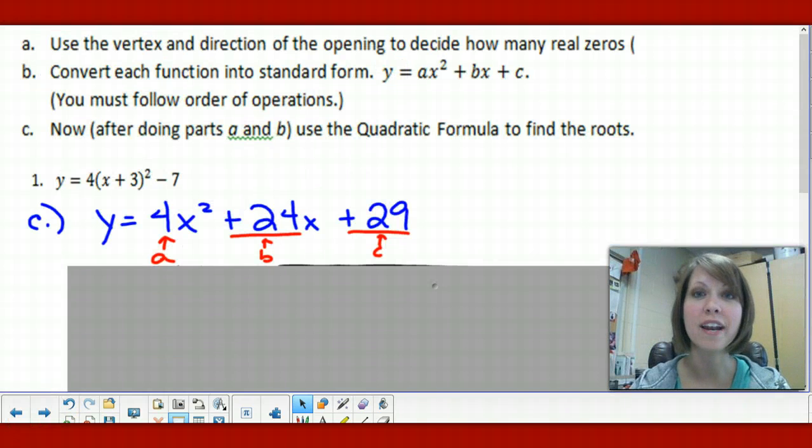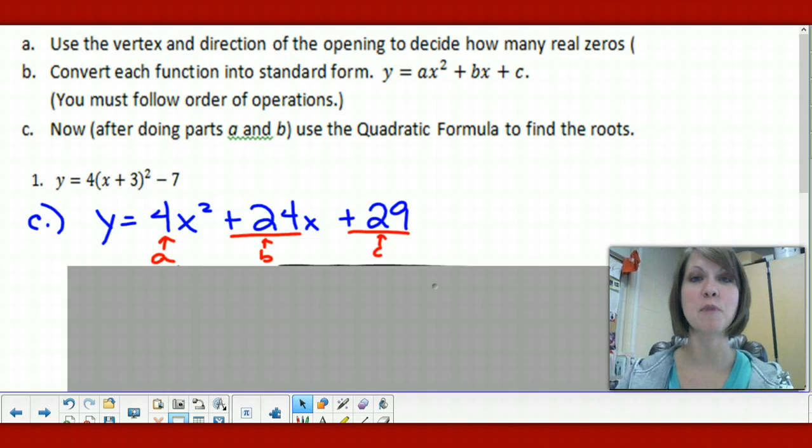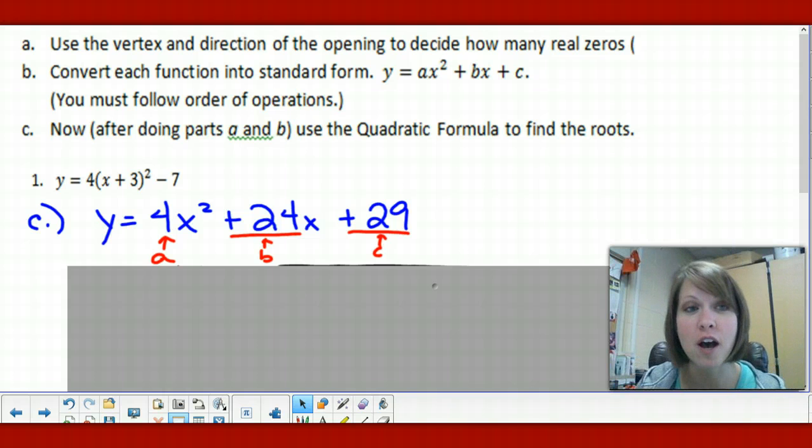All right, so 1 hour later, I feel like SpongeBob right now. We're going to finish up this 1C. Okay, so you have this worksheet. You're going to be doing 1 through 10. We've already done parts A and B. I'm finishing up part C now. I guess that was more for me than for you. Anyway,